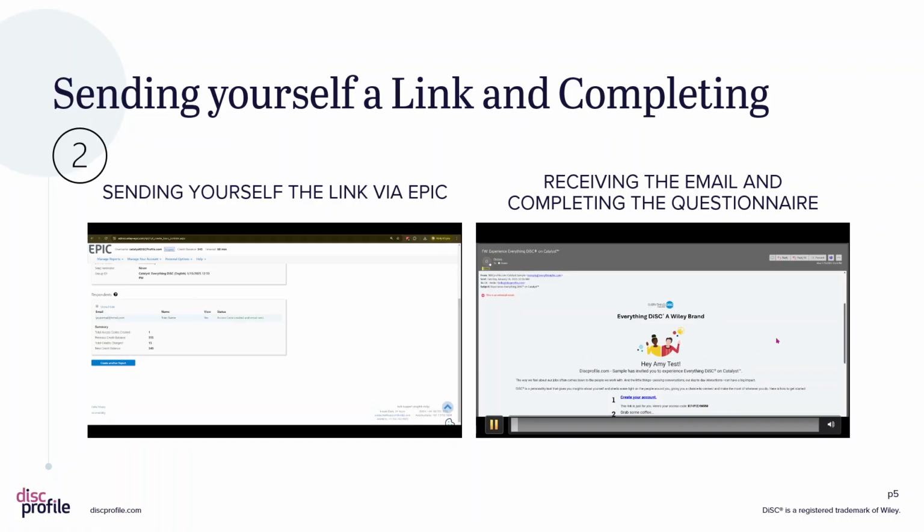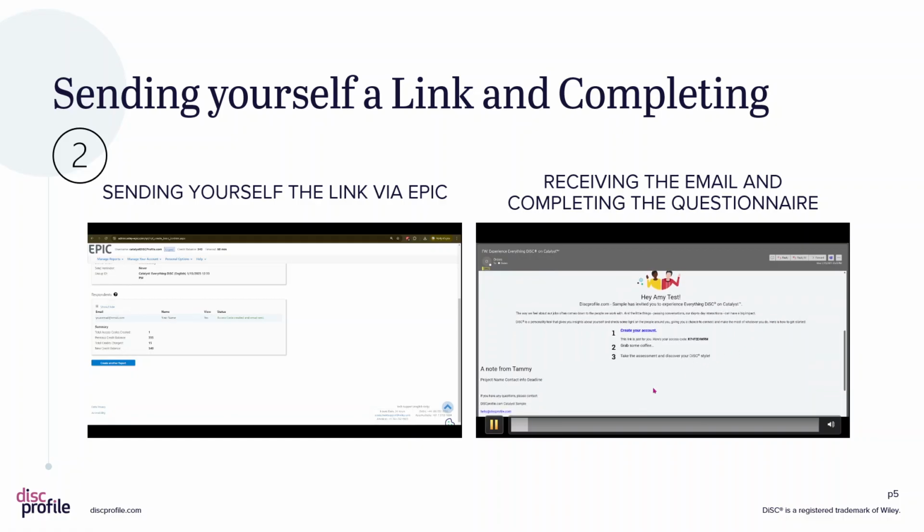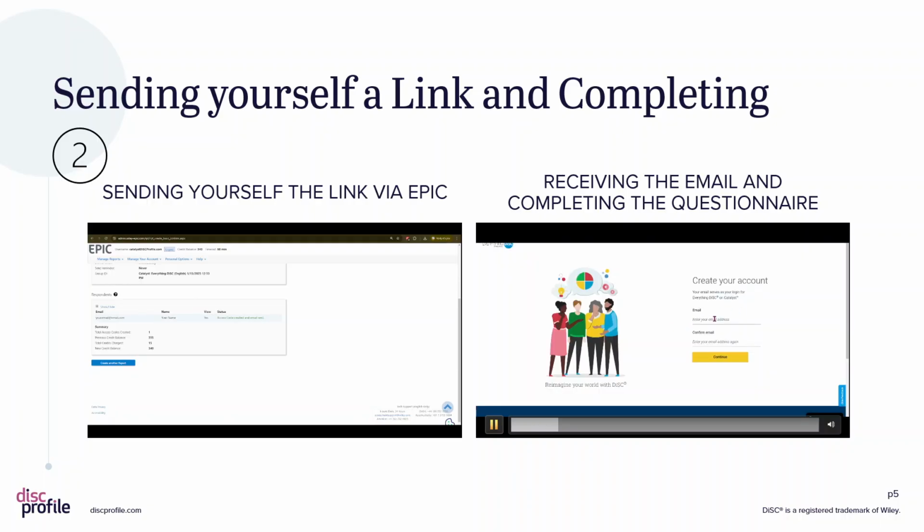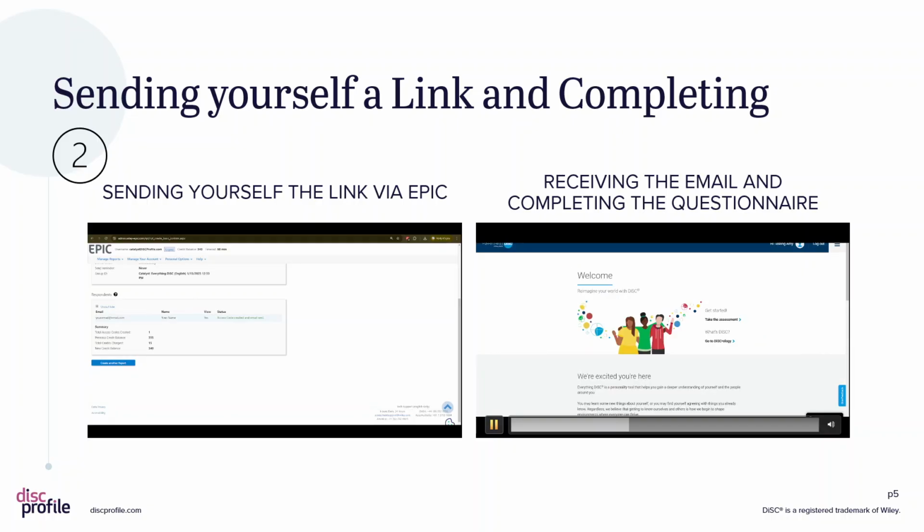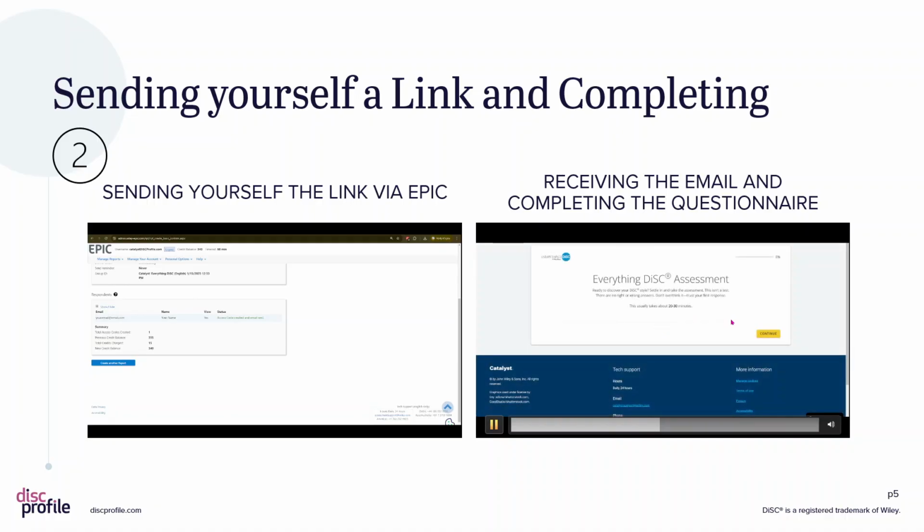And so you're going to get an email that's going to prompt you to experience everything DISC on Catalyst. The note appears down below there. And then when you click on create your account, you're able to enter in your email address. This is creating your Catalyst account for your profile. So you're able to go ahead and enter and confirm your email, enter in a password for yourself, and make sure these are things that you're going to remember, because you're going to need to use that information later. So you can launch straight into the DISC-ology, learning about DISC, or you can go in and take